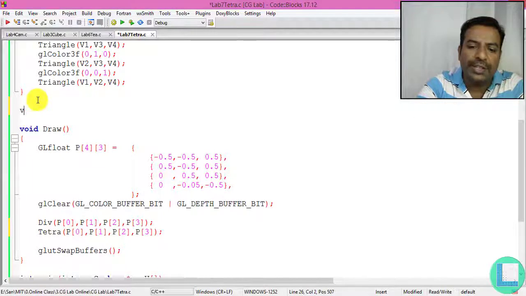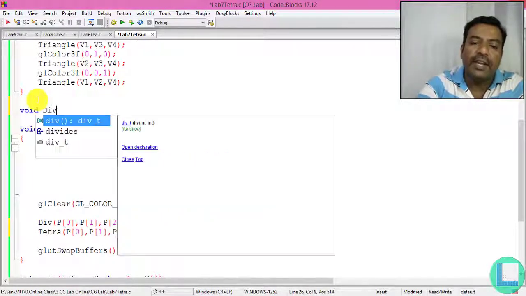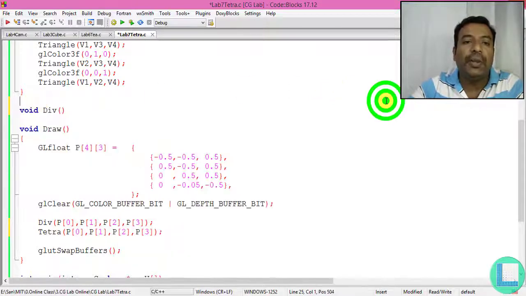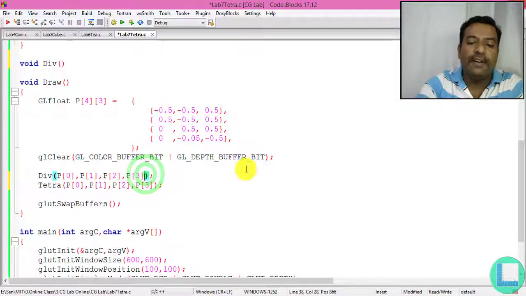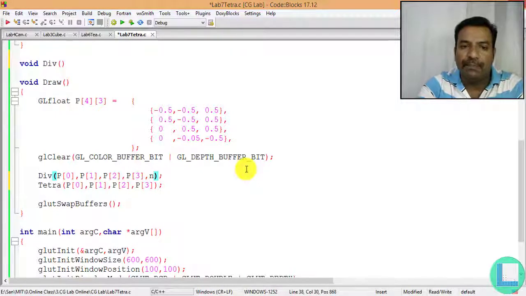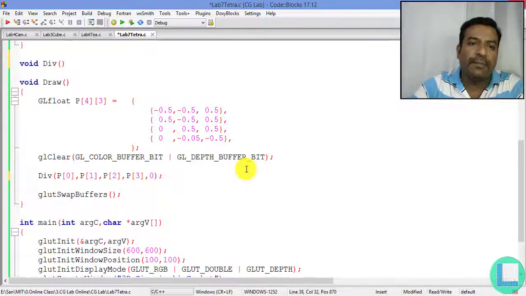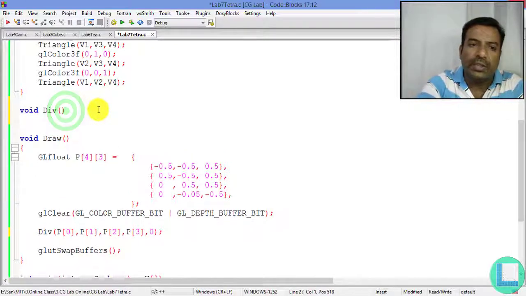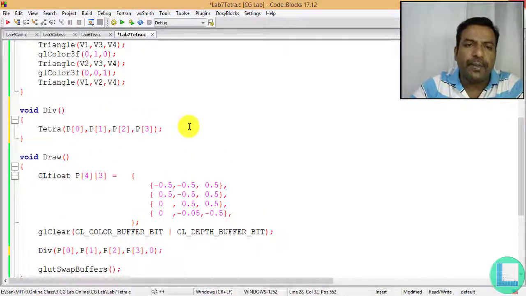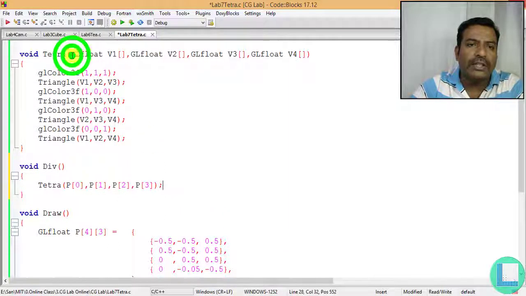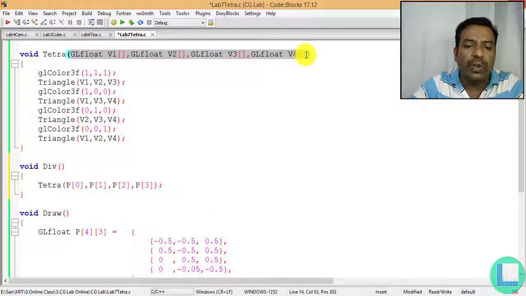and so void div, and this is going to be a recursive function, and the recursion will depend upon the value of n, that is the number of divisions I want to apply for your tetrahedron. Right now I will just keep it as 0 division. Later on let me change this. Hence I'm just going to cut this tetrahedron from this parameter, and I'm going to put this inside this function. Fine. And now I just want the same 4 parameters as the tetrahedron. I'll just copy this and paste it over here.